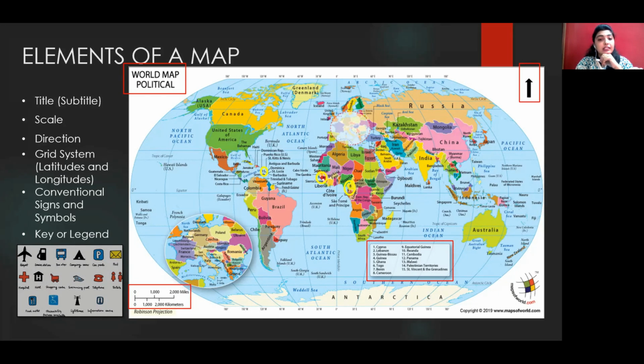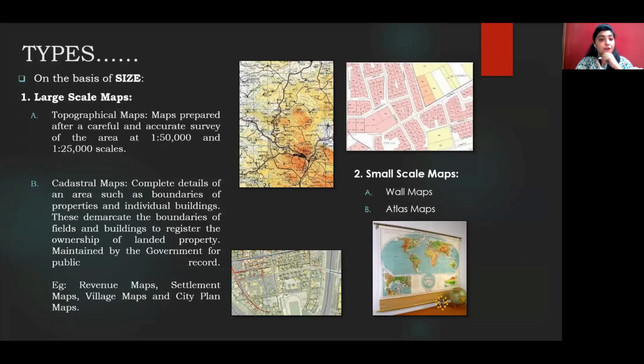So be it the title, subtitle, be it the scale, be it the legend, or be it the direction, all that has to be there in your map layout. So this becomes very important for you, bringing us to the types of maps that we have. Now, generally, if you look at maps, there are types of maps on the basis of size,